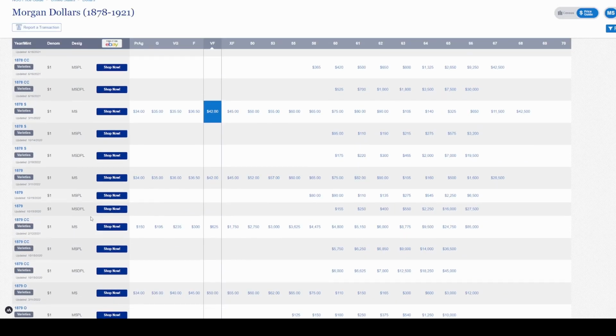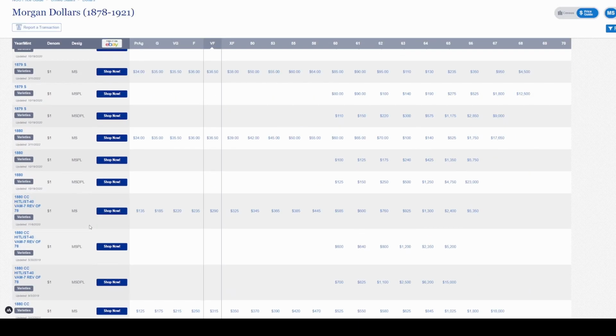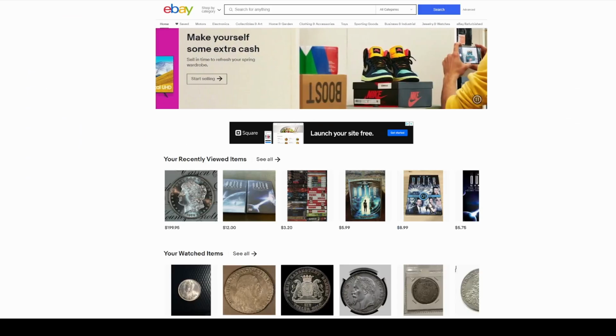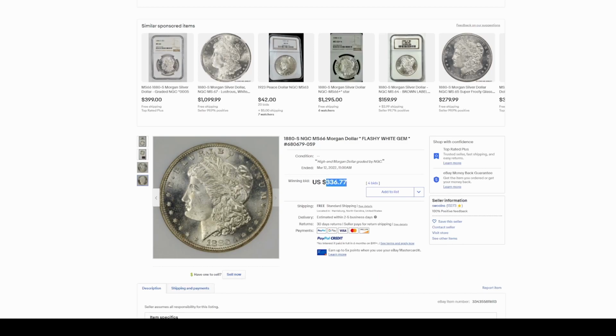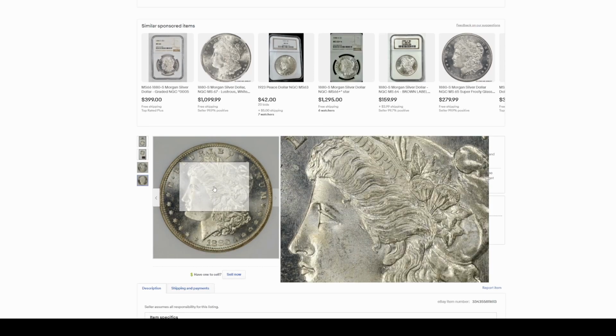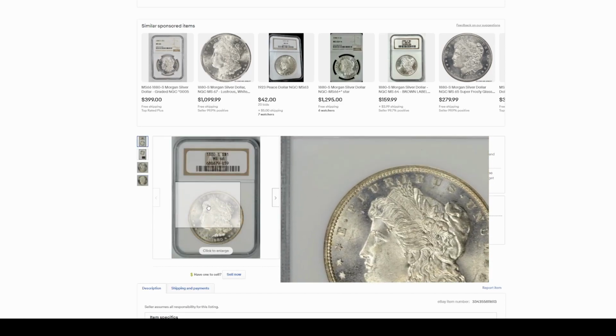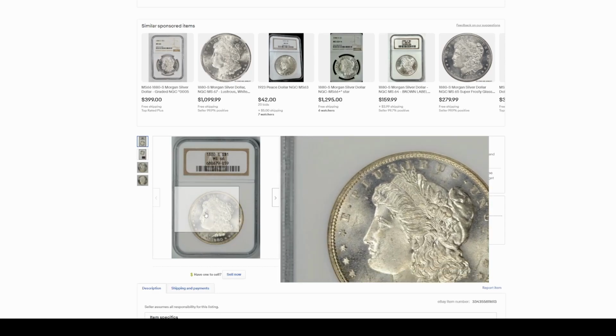Let's see how much an 1880s is worth at MS66. It's a relatively common date. $335. So whoever purchased this one got it for the value that's been specified for this grade and type of coin. These NGC holders are a little bit older, and the coin has been sitting in there for a while,